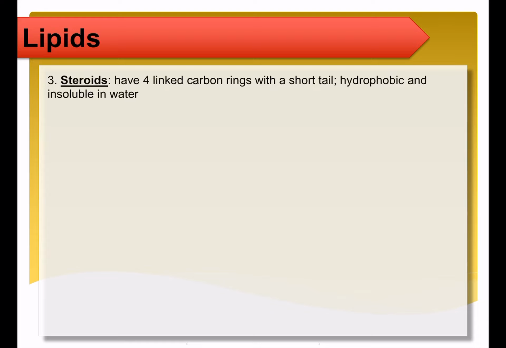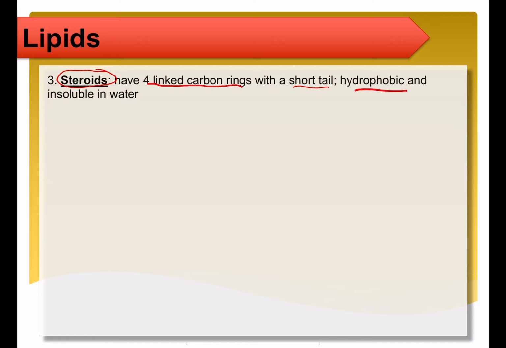We've gone through and done the first 2. Now we're going to get to the last subtype of lipids called steroids. So their shape is very unique compared to the other 2 types of lipids. They usually have at least 4 linked carbon rings with a short tail sticking out at the end. Because they are made up of a lot of carbons and hydrogens as well, they are also hydrophobic and hence